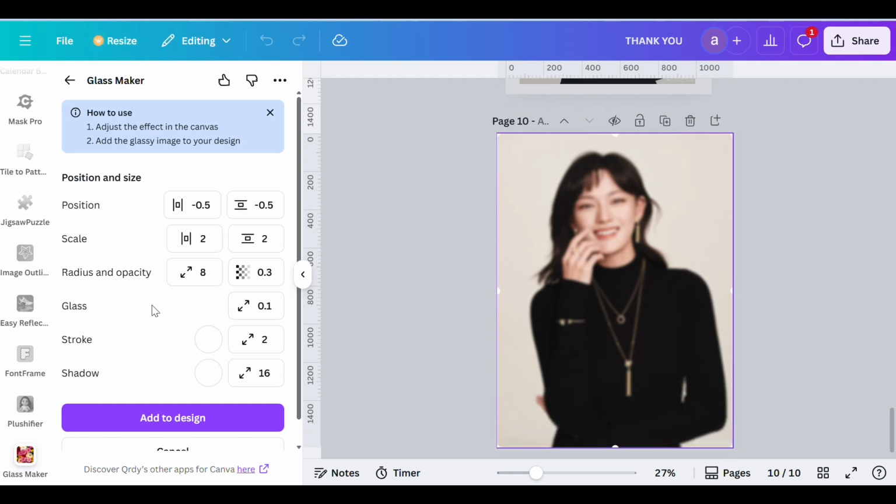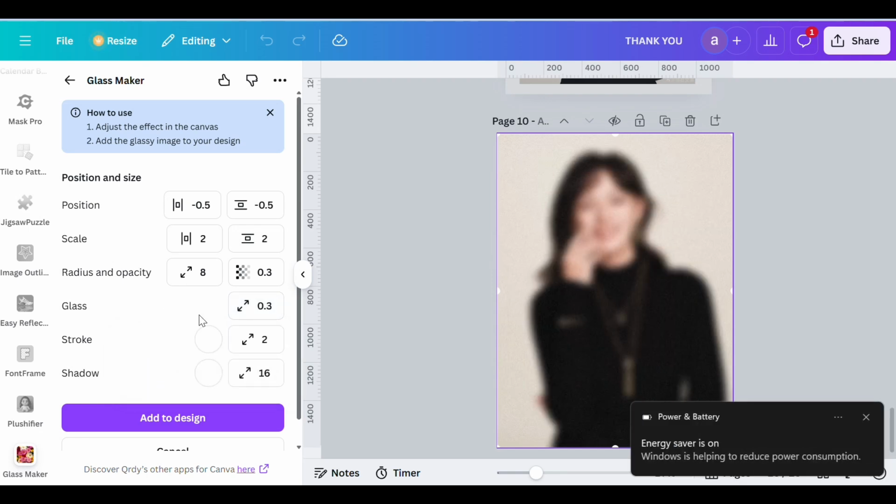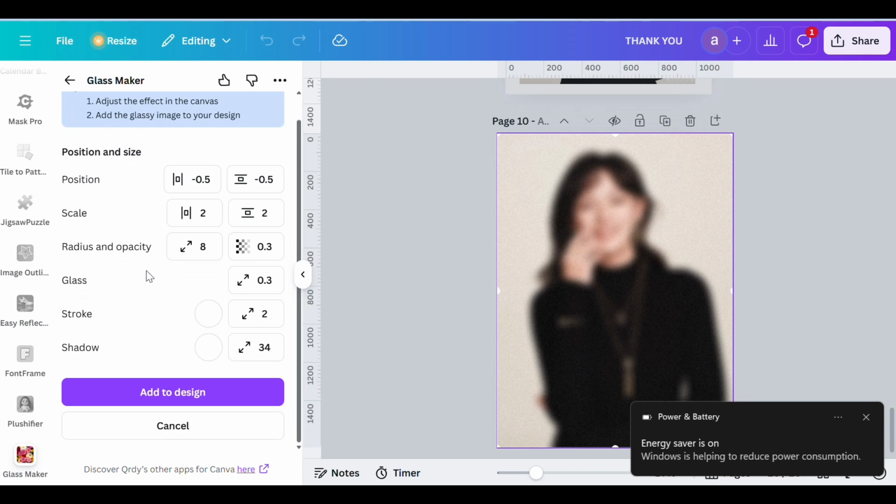like this, and then you can also adjust the glass effect over here. Just adjust it as you need, as you like. And then you can also adjust the shadow, blur, and then stroke, opacity, scale, positions. Just adjust it as you like, and when you're done, just simply tap on add to design